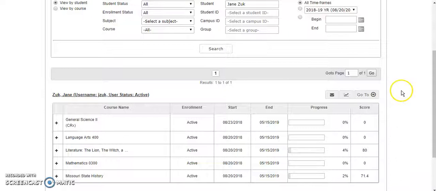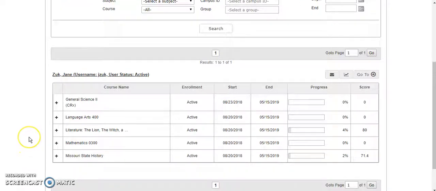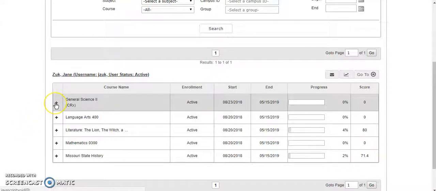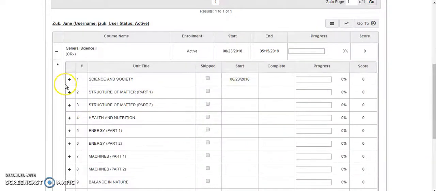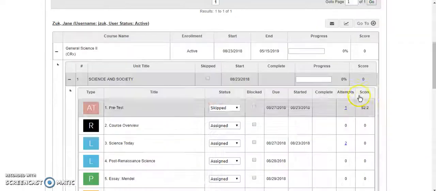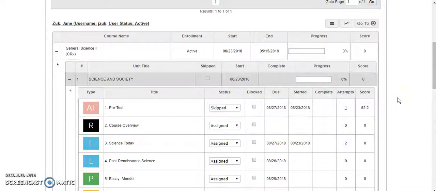My recommendation as you sit down to grade your student's work or just go in and check on how your student is doing: you're probably going to do some grading, and you'll want to see what your student is struggling with. So as you go in to do the grading, you'll want to drill down into each one of these, one at a time, and get them their corrections reassigned.